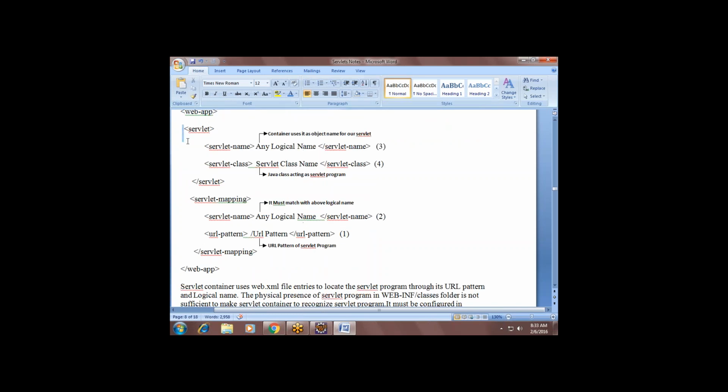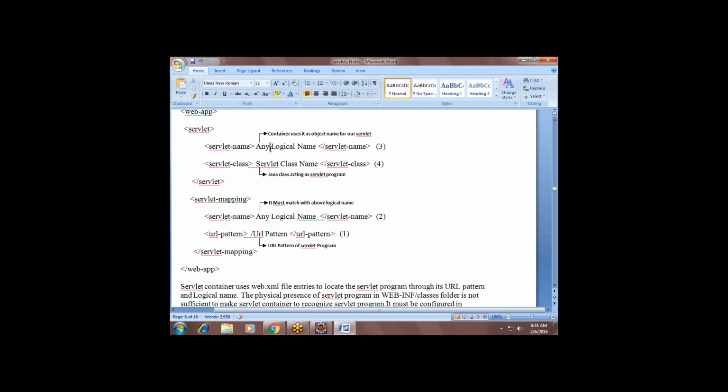So these are the common tags we use in web.xml, and you can see this is the URL pattern which will be searched in web.xml. If the client's given URL pattern matches here, it will collect the servlet name. This name we have to give, and make sure that the same name is available in the servlet tag. See the mapping tag and servlet section. In the mapping section, it will collect the servlet name, and the same name should be available in the servlet section, servlet name.